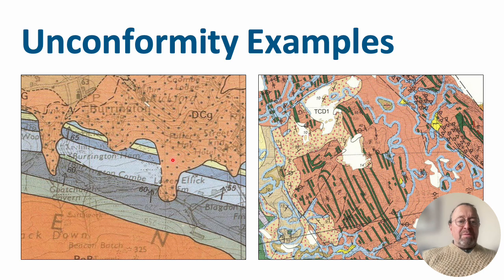So you will eventually come to look at these yourself. And so these are some examples. You can see this sort of pinky spotty unit here is the younger sediment, and you can see this irregular contact here where it's sitting on top. This spotty unit is sitting on top of a whole bunch of well bedded and dipping rocks. You can see these are 60-degree dip. It doesn't show the dip on this one. It's actually partly following the contours, so it's relatively flat bedded. So essentially we've got a dipping set of sediments here and this flat bedded stuff on the top